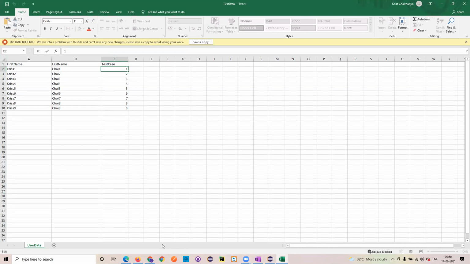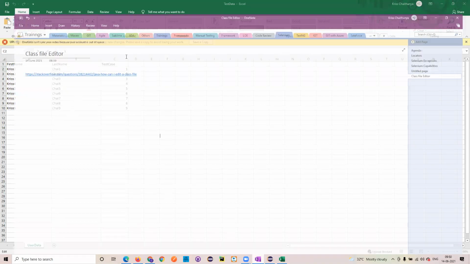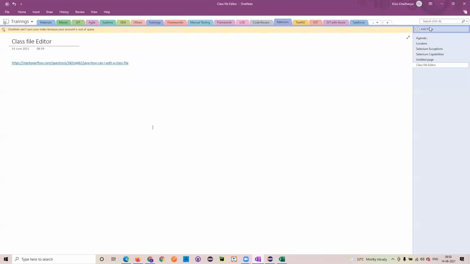When we plan to read the test data, we have three options to do this. The three options for reading the Excel sheet: first, we can use Apache POI.